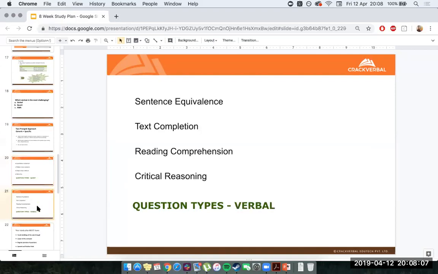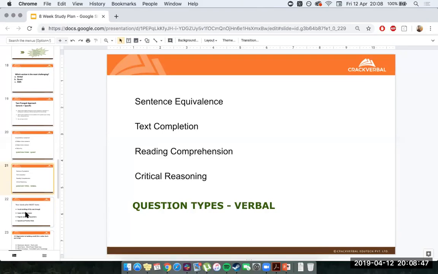On the verbal front, you also have 4 different types of questions. You have sentence equivalence, text completion, reading comprehension, and critical reasoning. So these 4 types of questions ultimately make up all the questions that you can get on the verbal section. Once again, building your vocabulary, being able to read, these are skills you got to build for everything. They're not specific. However, in order to answer these questions, you need to think specifically about what is the challenge of text completion? What is the challenge of data entry? What is the challenge of critical reasoning? How do I overcome this very specifically? So this is why you do want to think on both a generic and a specific point of view.